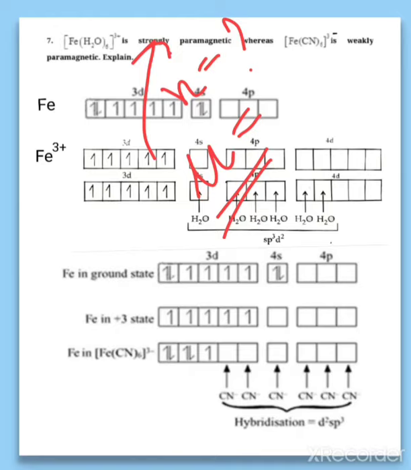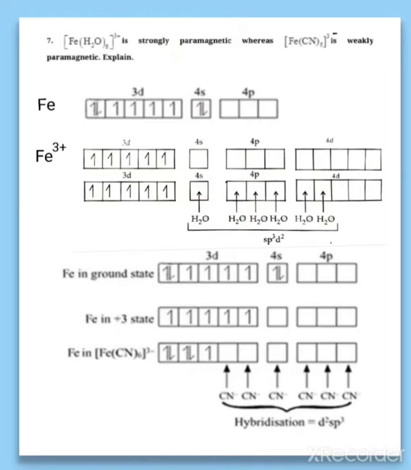So you need to work out the hybridization in order to identify the number of unpaired electrons. Once you get the number of electrons, you can find the value of mu. So let us first do the hybridization for these. Here the central metal ion in the first complex is Fe3+. How many electrons are there? 5 electrons are there in the d. Here the ligand is weak. H2O is a weak field ligand. Therefore, it does not cause pairing, so the d electrons will remain as they are.